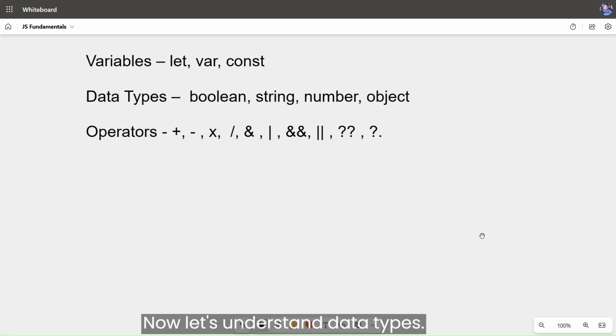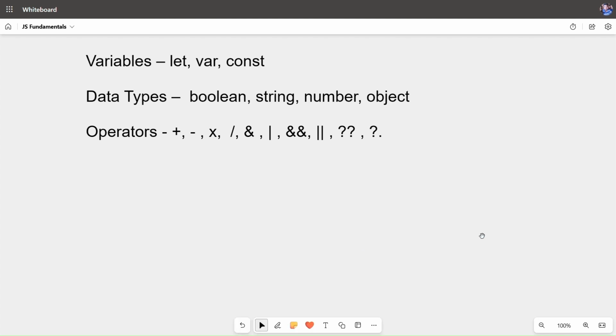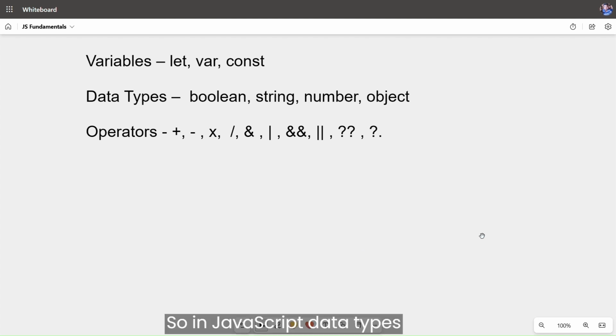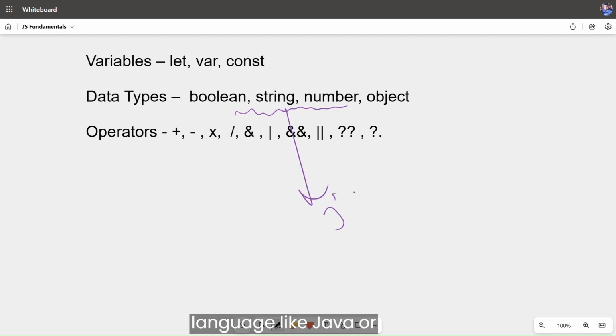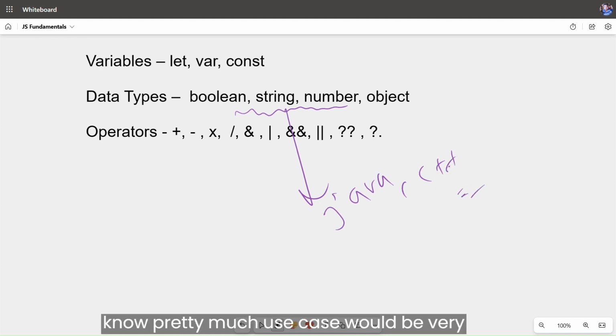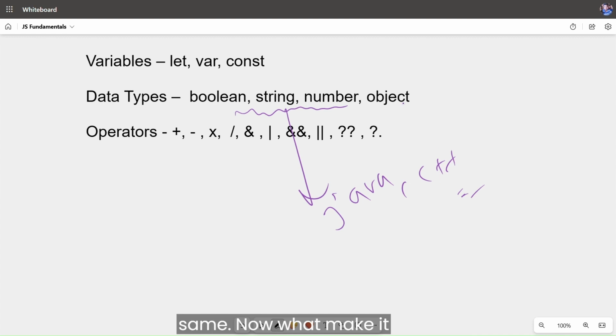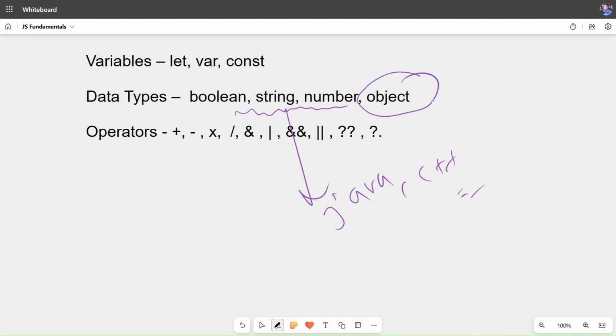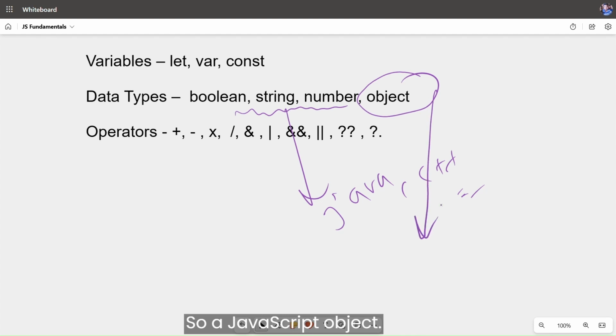Now let's understand data types. In JavaScript, data types like Boolean, string, or number are very similar to other programming languages like Java or C++. Almost similar, so pretty much the use case would be the same. Now, what makes it different is the object. So, a JavaScript object,